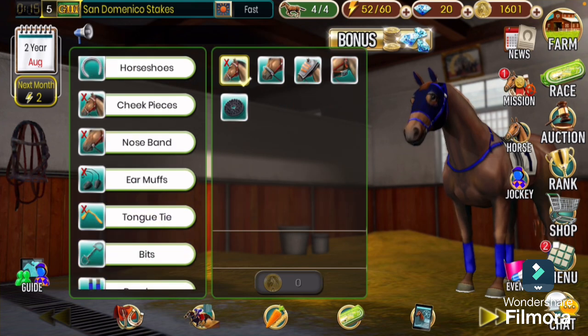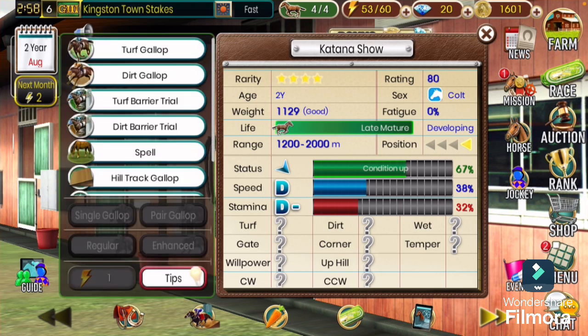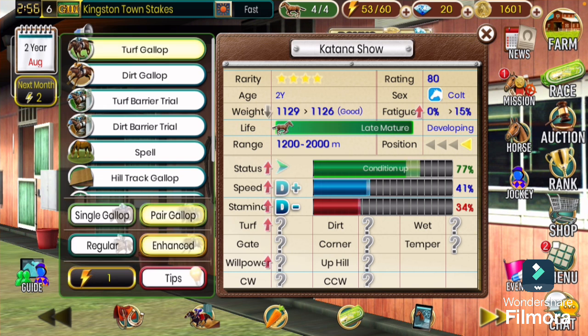So here is our newest 2-year-old colt, Katana Show. So let's go ahead and get ready to get this guy into his first race. Again, I don't usually do this, but I want to see what he's capable of. So I'm willing to take that chance. But let's actually go ahead and just run him through a tough